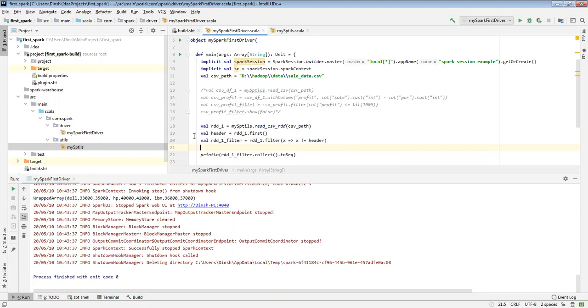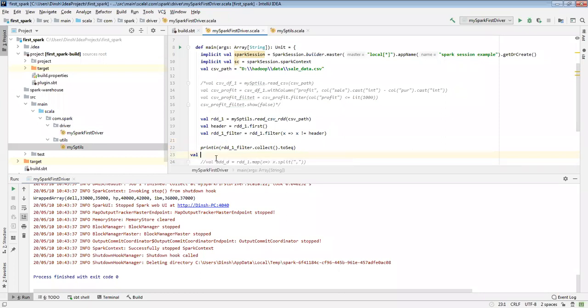Now what next operation do I want to do? I want to calculate my profit. Before calculating, if you see this var array, this is all the first row. Each and every row is put into a different array. But if you see the first row, it seems like a single string. I need to split this string, so again one more var.